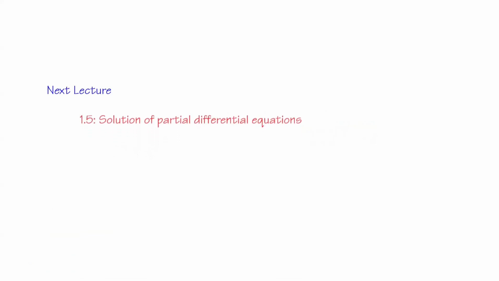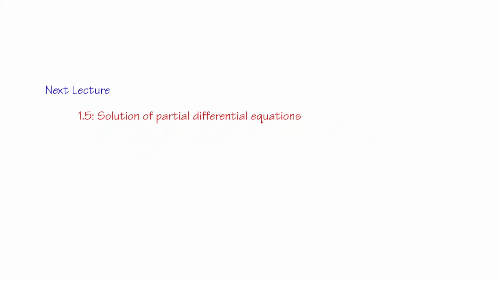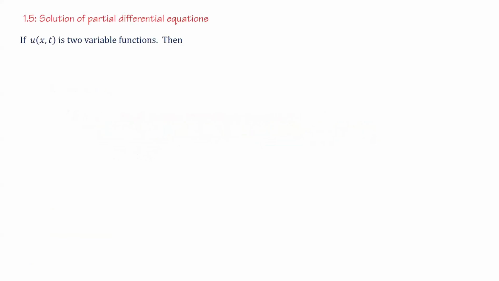Welcome to my lecture. Today we are going to discuss section 1.5, which is the solution of partial differential equations using the Laplace transform. So we have a two-variable function u(x,t), a function of x and of t. Then the Laplace transform of u(x,t), we denote it as U(x,s), which is the general Laplace transform of the time variable t